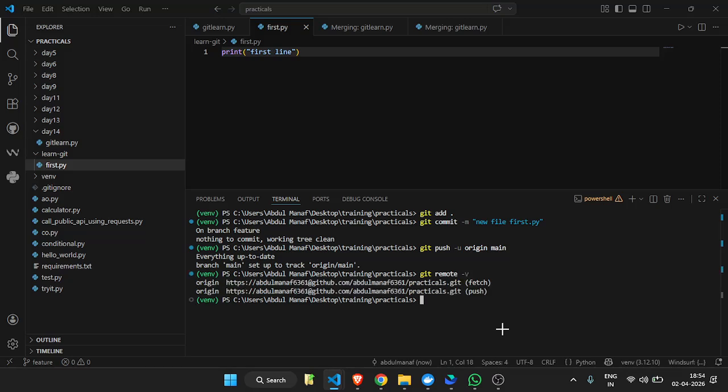Remember this command, one more command. Git remote. Sometimes you might forget what your remote repositories are, just write git remote -v. You see two things, both are the same link only, but one will be fetch, one will be push. So when I say fetch, okay,